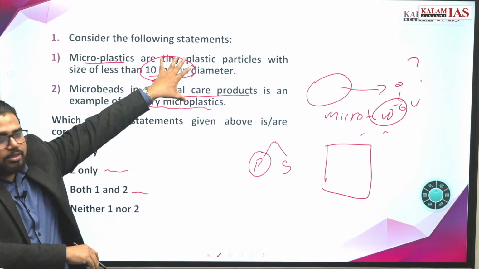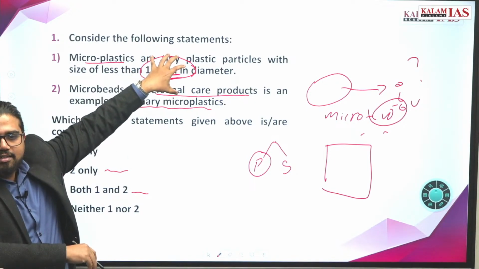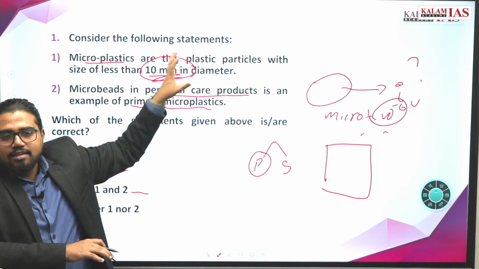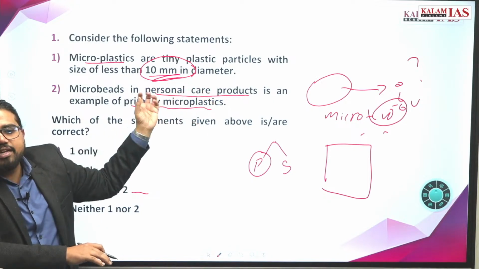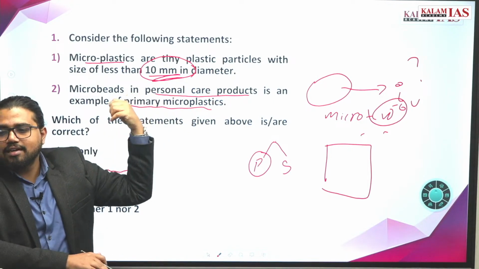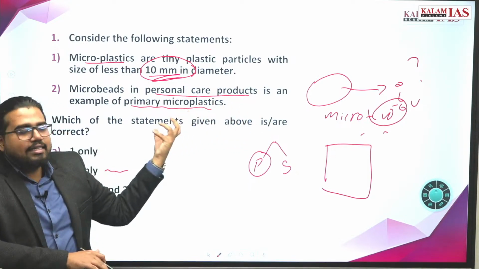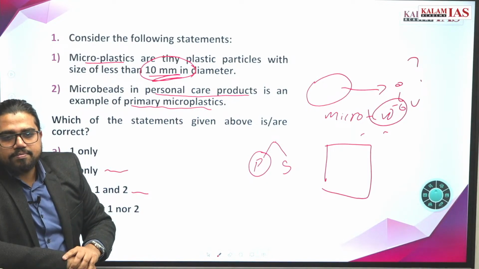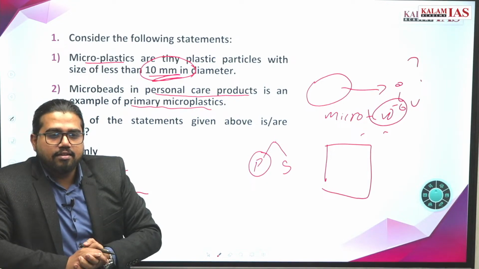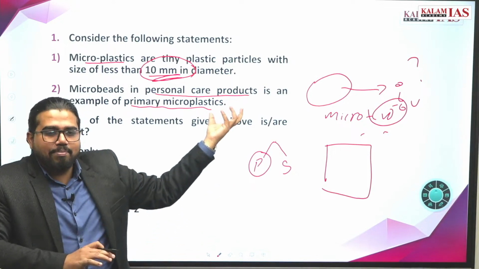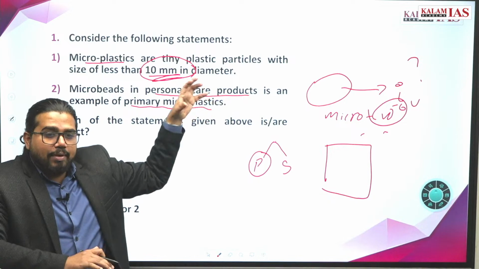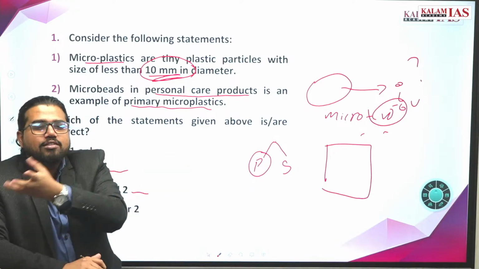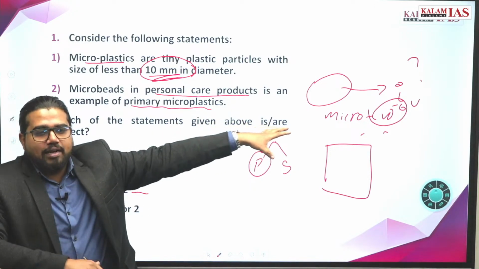So even though you don't know the answer, in the first statement there is a fact. So you should strike that, you should think that this can be a statement which can be made wrong very easily. Second statement, the basic idea, it's very much relatable. Personal care products, you can relate it with some kind of news you have read, and it can have a primary microplastic. Why not? Secondary भी हो सकता है, but primarily it is a primary microplastic. Major. Secondary means it should go through some process, then only it becomes microplastic.